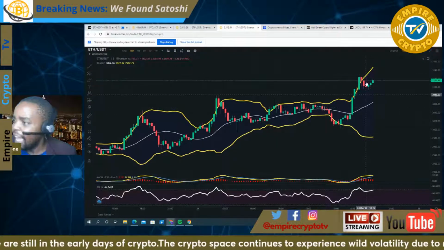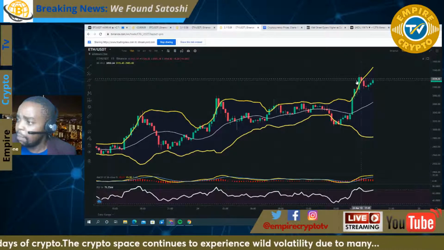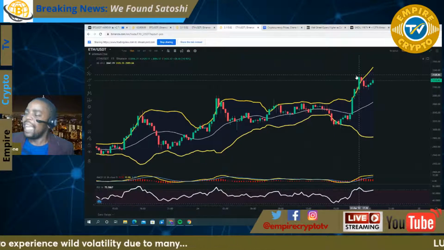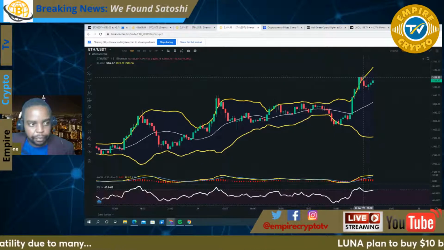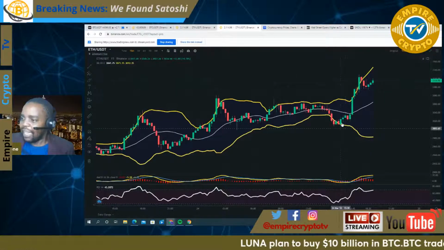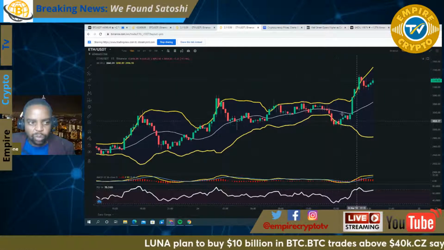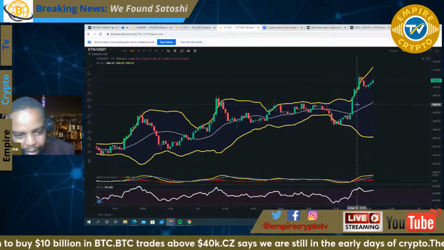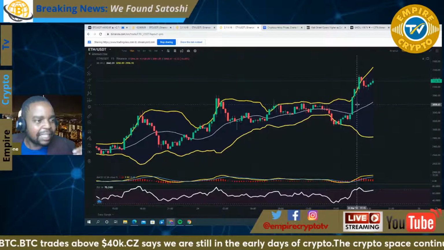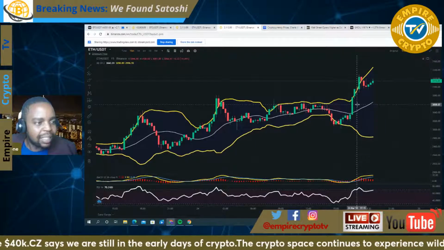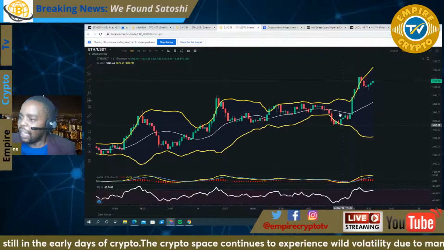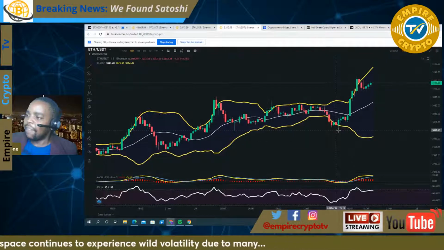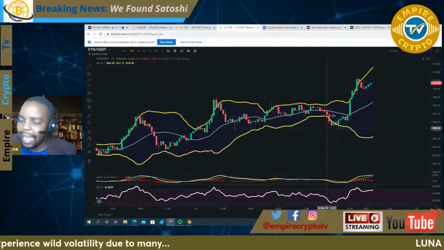And the Bollinger Bounce has occurred. This is a 15-minute chart right there on that spot. This could be a signal telling you that you should put a sell order. Same right here, also right here. The Bollinger Bounce, it bounced right here in this position, and then it went right up, showing that if the bounce happens, it is likely that the market will move in the opposite direction. And when that Bollinger Bounce occurs, one would take advantage and place a buy order right there on the spot.